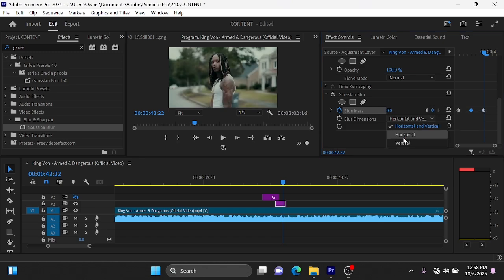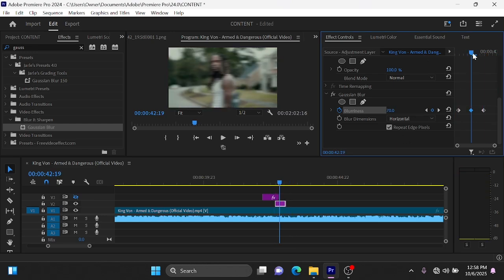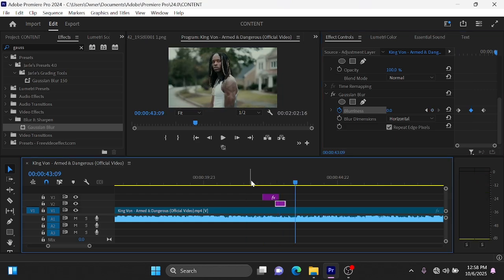I'm going to change the blur dimensions to horizontal. Now you can see what we're doing here. You see that shake effect. So now let's enable this part. So